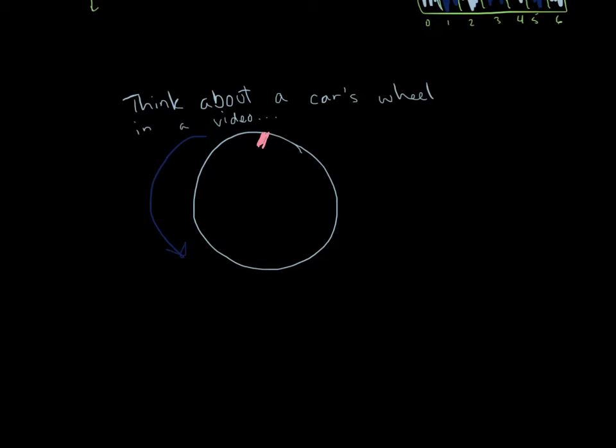I'm sorry, I realize this blue is probably very difficult to see. The wheel is spinning in this direction, right? So, if you have a video camera, say we're taking a picture at 24 frames per second. So, your video camera